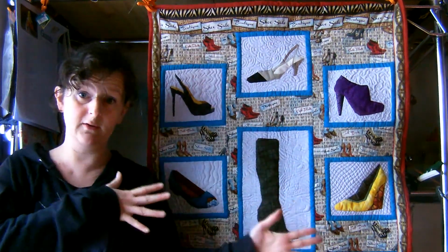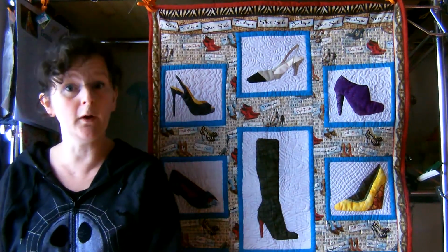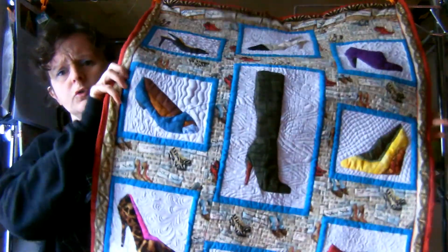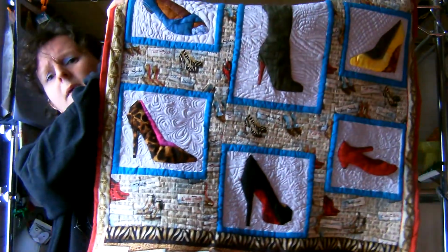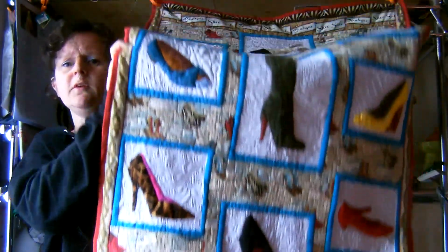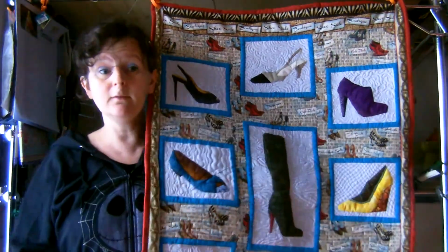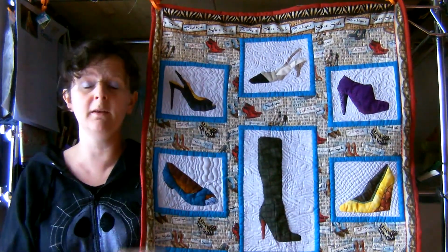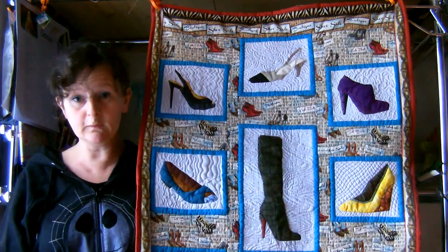The first one, it's right here beside me, and it's my shoe quilt that is finally finished. It's a little bit too big from this point of view to see it all together. These are the remaining 3 shoes that you can't see. Here you are. And I'm incredibly proud of it because it's the first thing that I've completely designed myself, pieced,